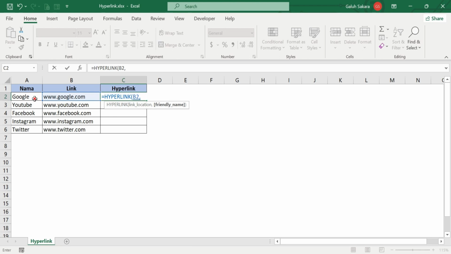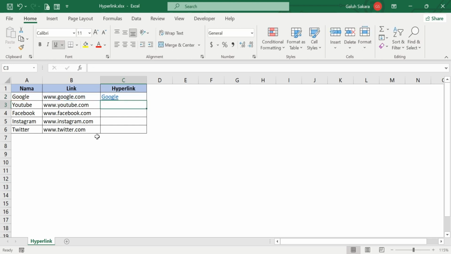Okay, and if you have a name for your hyperlink, you need to click it and comma and the name Google, and then close the bracket. Okay, that's the formula. Equal to sign HYPERLINK, B2, A2 and then bracket. Okay, it's a hyperlink. The hyperlink name will be Google, and after we click it, okay, you will go to